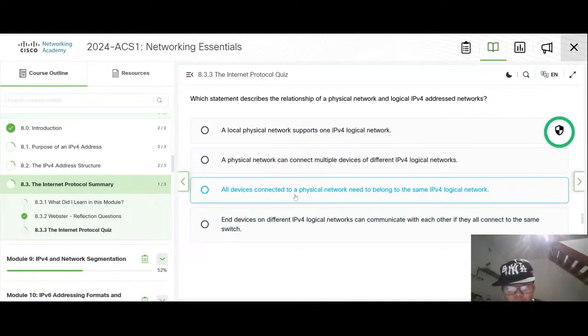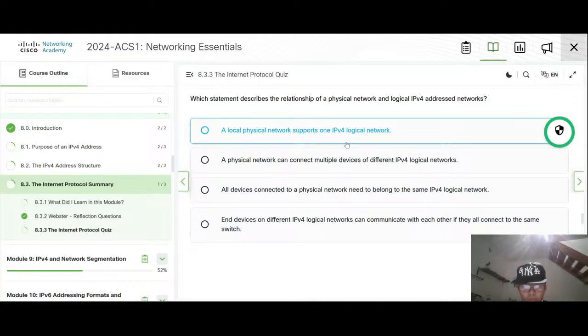It will be that all of us can know the same IPv4, or can support one IPv4 logical physical network.